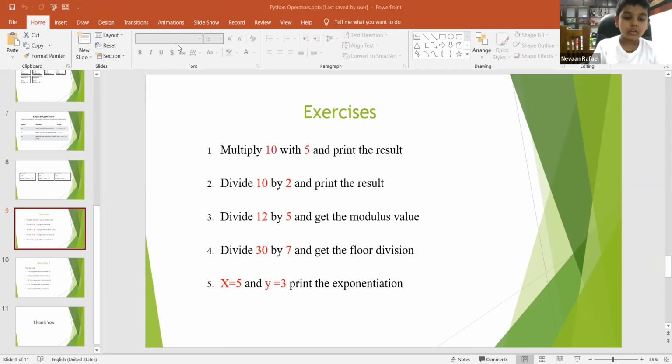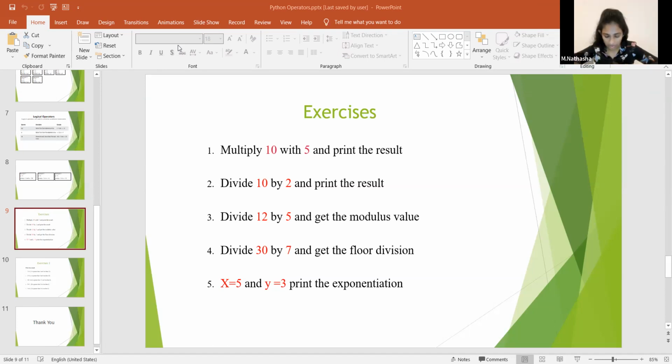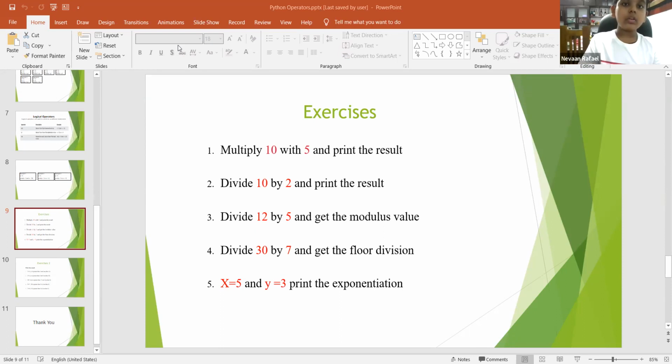But the answer, wait, one second, please excuse me, teacher. I just need the coding, not the answer. What I want is x is equal to 5, and before that I put two double quotations. First I wrote x is equal to 10, then I put a double quotation, then in y I wrote one double quotation and 10, so 10, 5, and then a double quotation. After that I wrote print x and print y. Then when I put the plus mark, they gave me an answer.